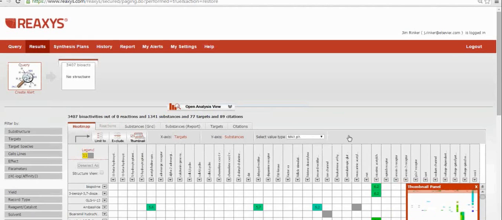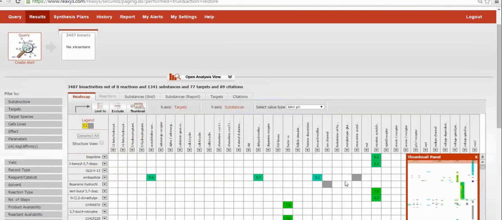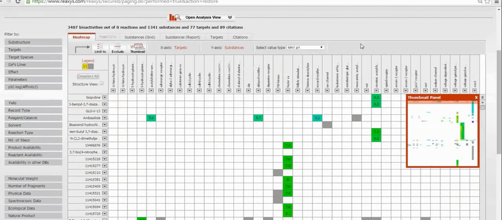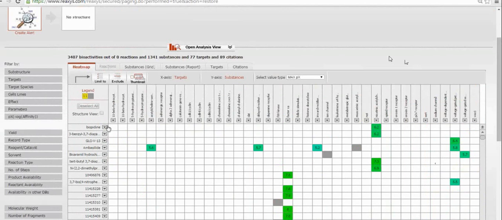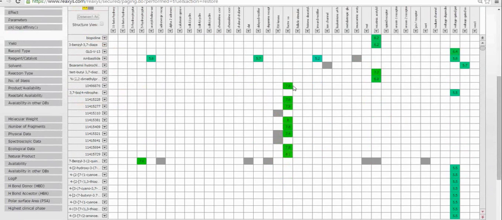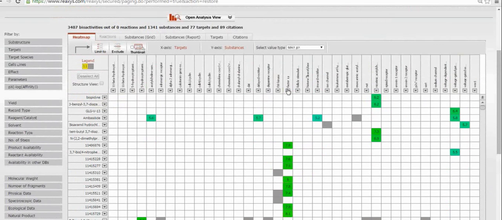And here again, it's going to bring me into a heat map. So it found actually 1,300 compounds. And here it's nice because you can see that they're active against a wide range of targets. Not every compound's active against every target, but I can scroll down through this, and I can actually organize these